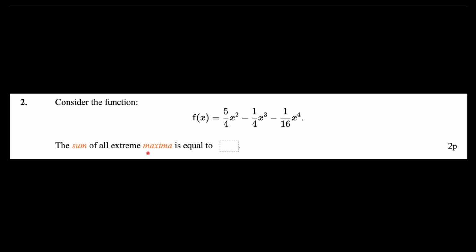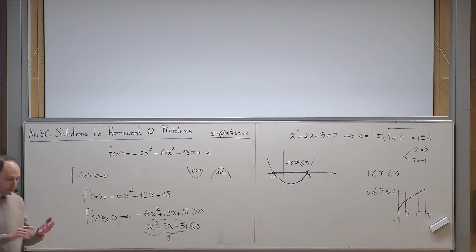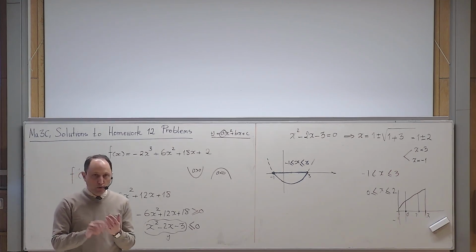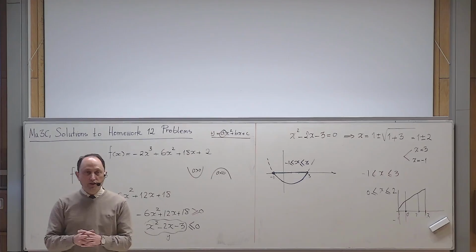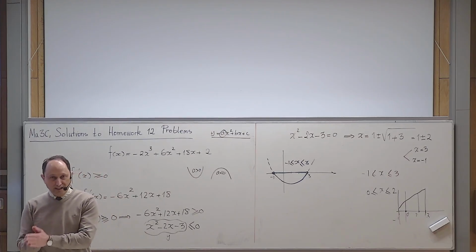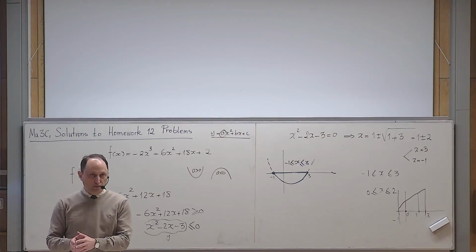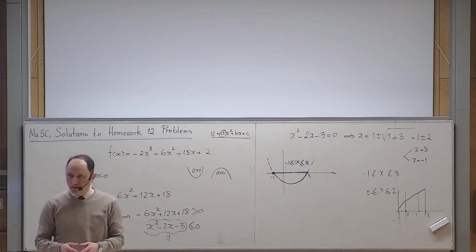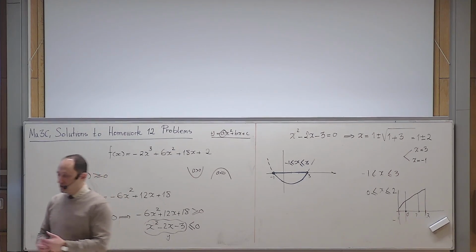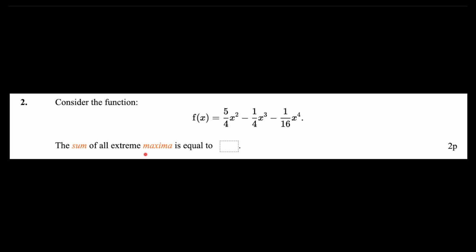When I say maximum value or just simply maximum, what I am referring to, I told you in the lesson. You can have local extreme points. Point means x and y coordinates together. But if they are talking about the maximum value, or just simply maximum, or minimum value, or just simply minimum, they are referring to the y coordinate. So what I am asking you in this problem, the sum of all extreme maxima, means go and find all